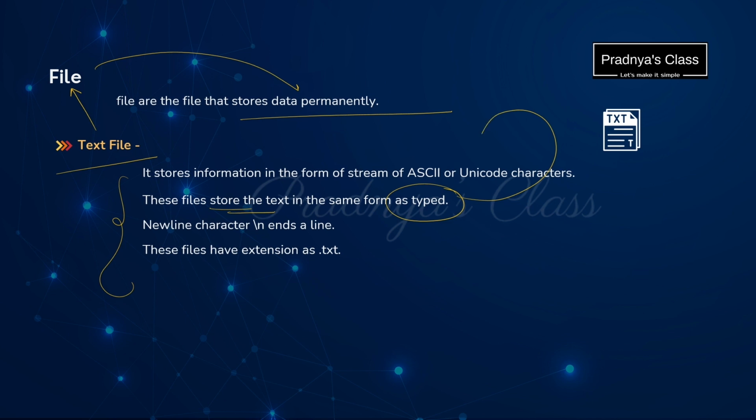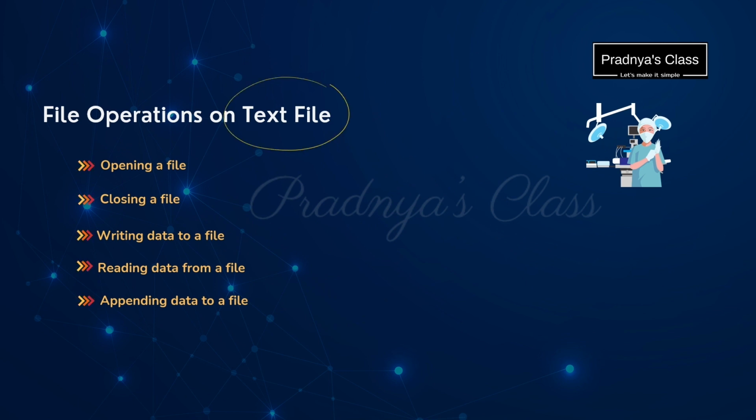It will generally be stored in the form of Unicode characters. Each line in the file will end with \n. It is called the end of line character, and the extension of the text file will be .txt. The content of the text file will be in human readable form. We can open a text file in a text editor like Notepad. To work with a text file, we should have an idea about the different operations that we can perform on the